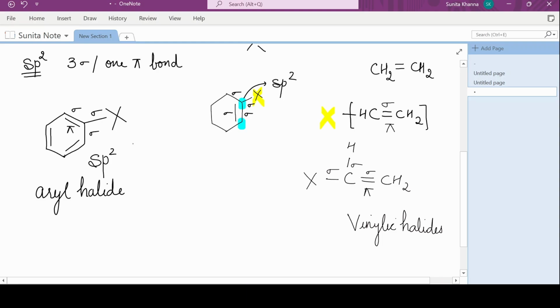Okay, so with this we are done with the classification of the halogen derivatives, be it alkyl halides or aryl halides. I hope the concepts are clear. The small points which we come across, the terms which are mentioned, should be clear. These are the bases, and if they are clear, as you move ahead with the other chapters, things will be much easier for you.